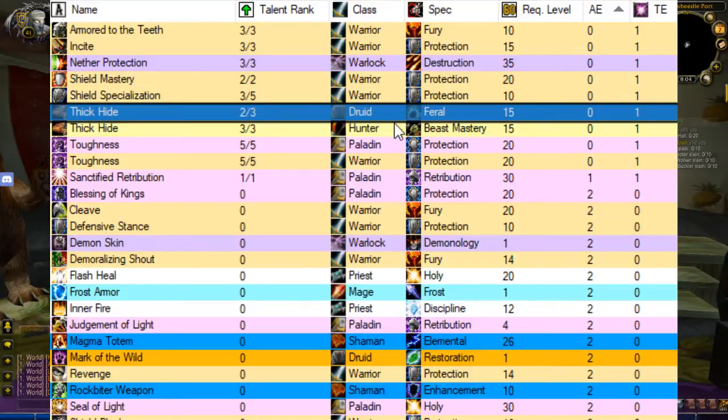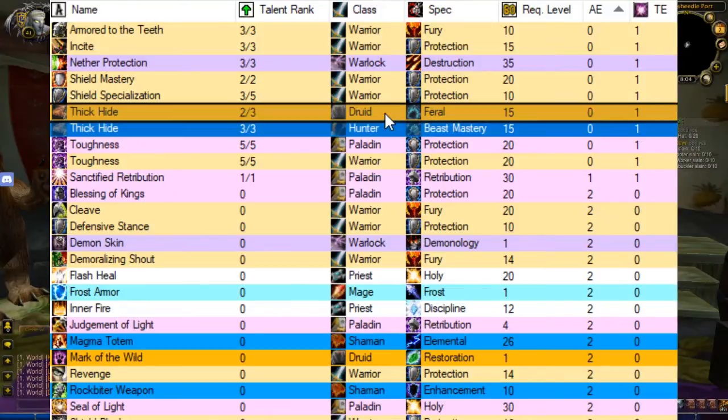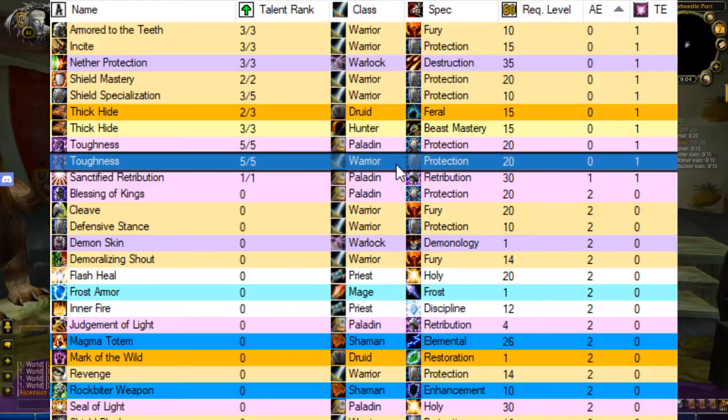But what I did was I picked up all the versions. So I picked up the Druids version, which is 3 points, the Hunters version, which is 3 points. So now that's 10% plus 10%, that's 20% more armor from my items. And then I went into Paladins and put 5 points into that, mainly for the threat generated as well. But I got another 5 points put into that. That brings it up to 30% armor contribution from items. And then in the Warriors version, I put it in and got up to 40%